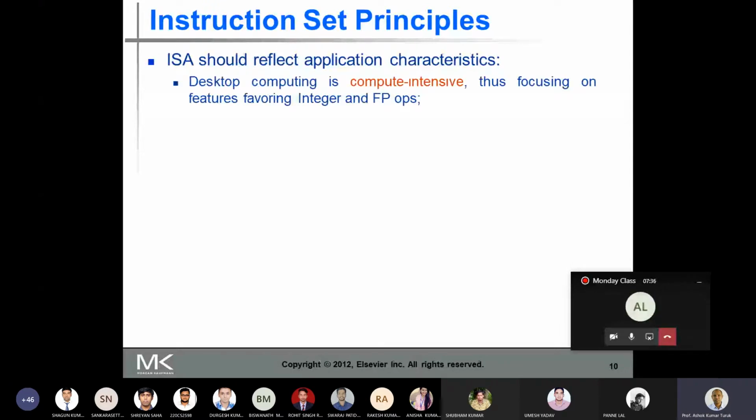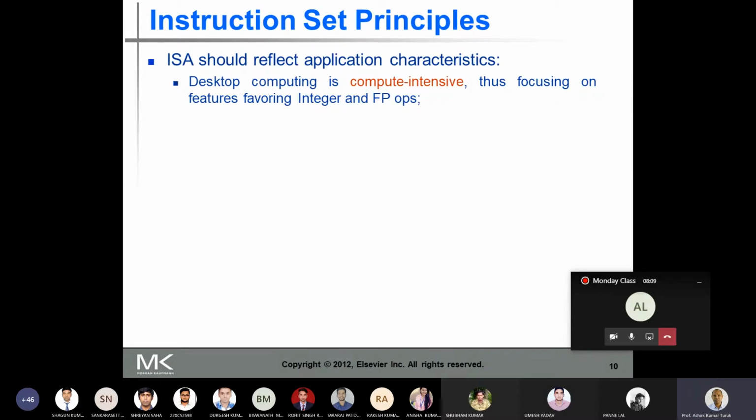Let's look at desktop computing. Desktop computing is computationally intensive, and more emphasis is given to the performance of programs with integer and floating point data types. So in desktop computing, the instruction set architecture gives more emphasis to improving the performance of integer and floating point operations, and this improves the performance of the entire system.